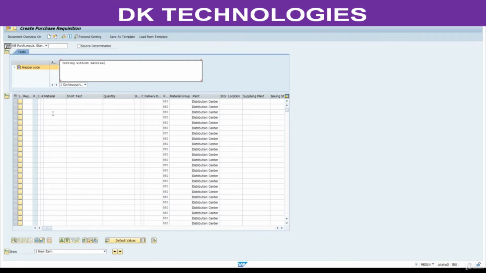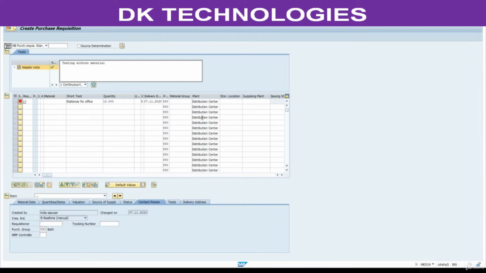Now here what we have to do is enter any text, stationery for office, quantity. If you have any quantity like number of books, pens, you can mention here. Plant is already there. Storage location. So we are going to enter whatever the required information here.